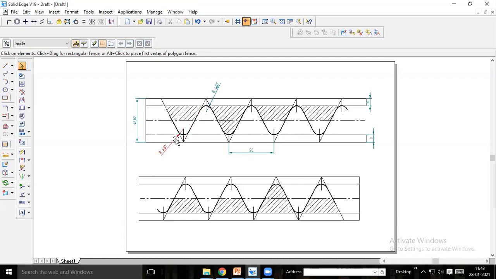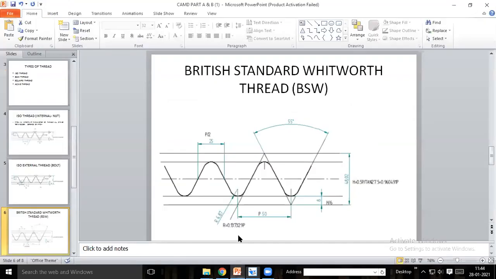So this radius is very important. Radius value is 6.87. It is not always 6.87. Sometimes in the exam, instead of giving 50 pitch, they might give 40 mm pitch. Then this value will change. That's why you need to remember the formula. The parameters will depend on pitch value. You need to find out what is H, depth of the thread, and what is radius. Is it clear?